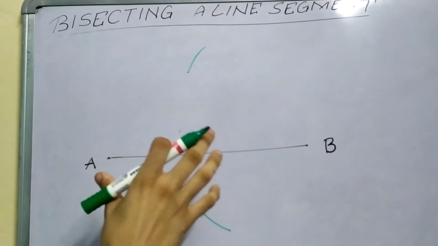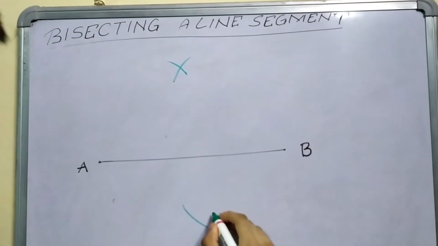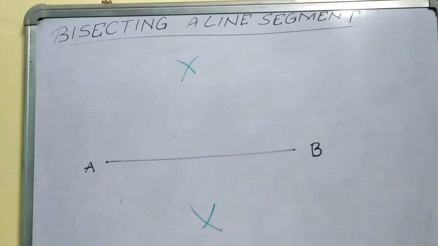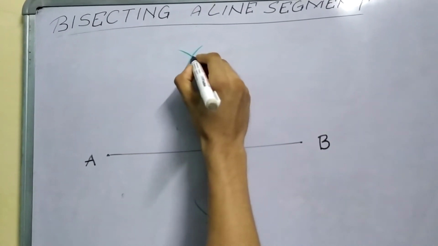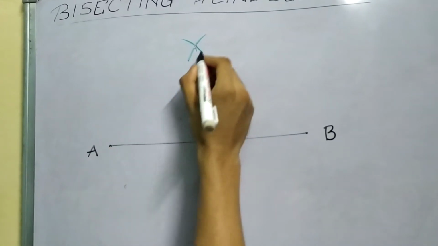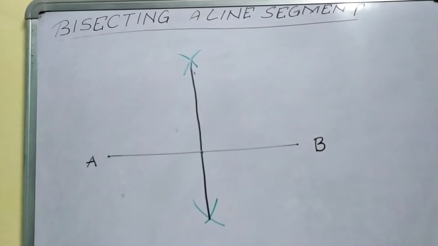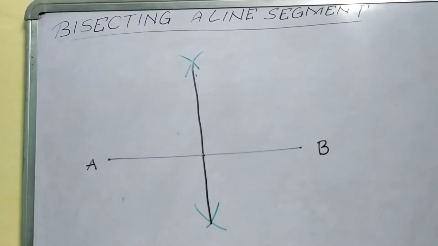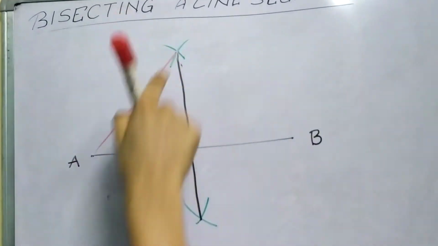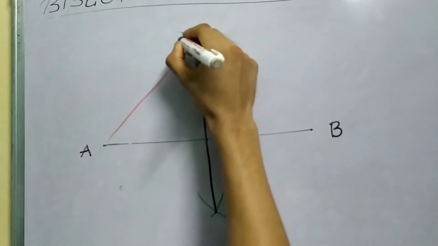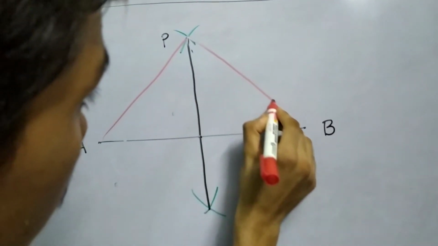Then you did the same procedure from A without changing your compass length. So this arc and this arc, and finally you join these two points. You get this point, you get this one, and you join these two. So this point was your midpoint. Now if I connect A to this one, let's call it P, and also draw PB,